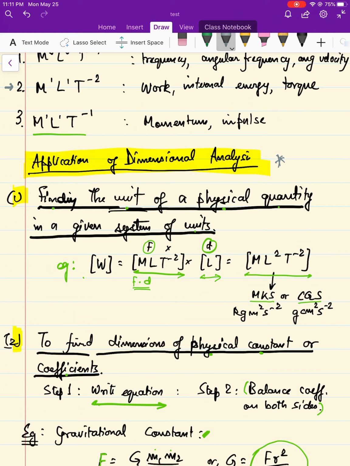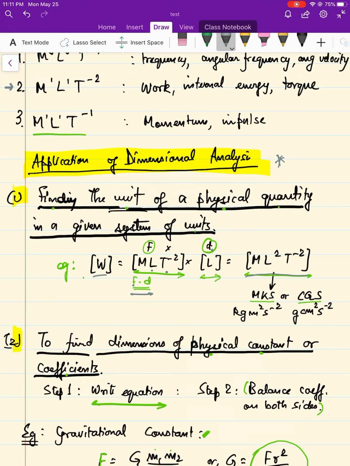For example, if I have work, and work is basically force into displacement, as you know, and the dimension of force is mass into length into T to the power minus 2, multiplied with length, which is the distance, you can write it like that,